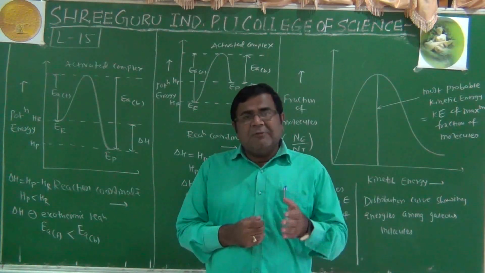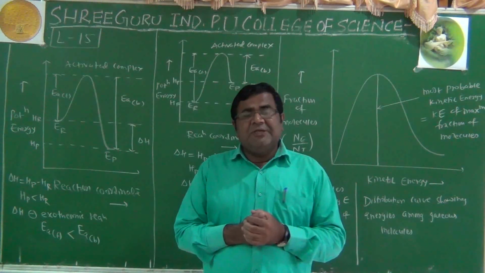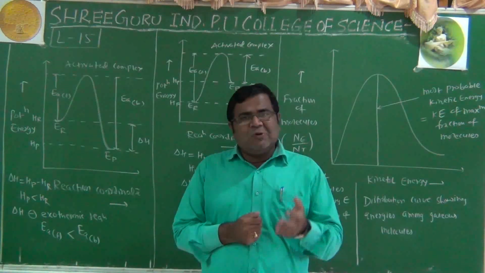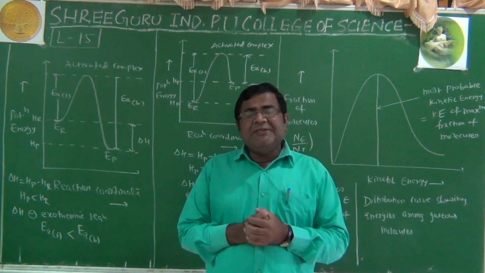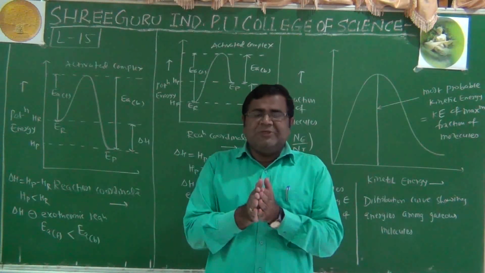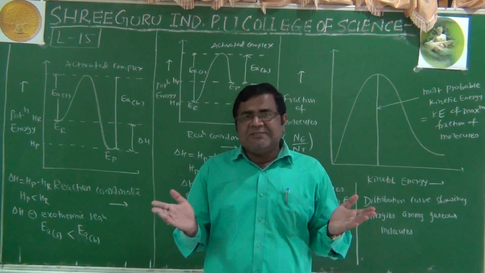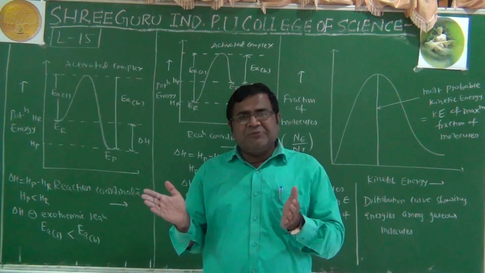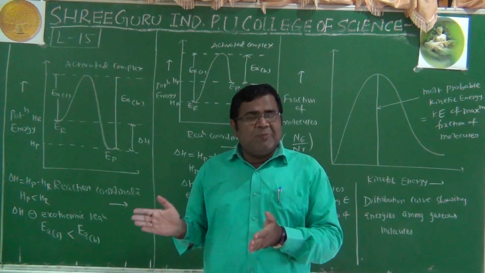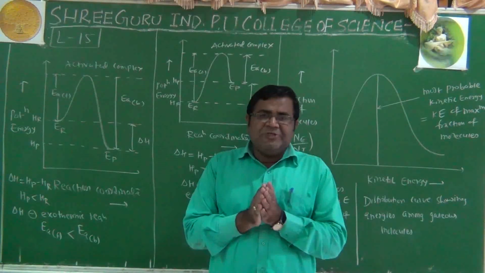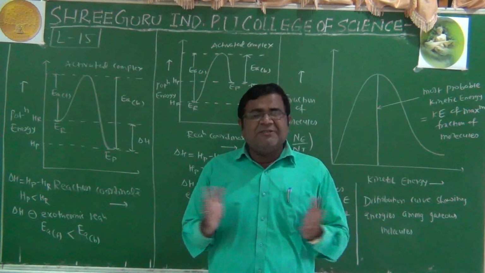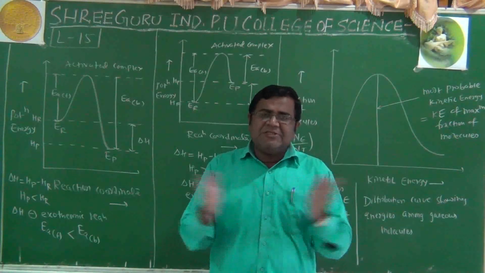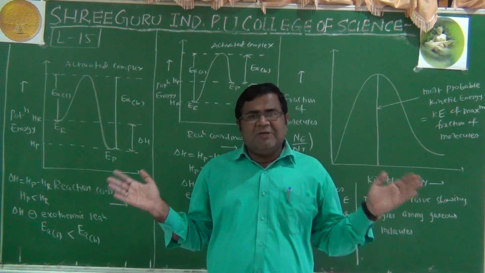We have used both theories, collision theory of chemical reaction and transition state theory, also called as activated complex theory. The reaction molecule has to be collided, but all collisions need not result into product formation. Effective collision, molecules should be activated, properly oriented. Ineffective collisions, molecules are not either activated or they may not have proper orientation. They collide but they just bounce off. So that part we completed.